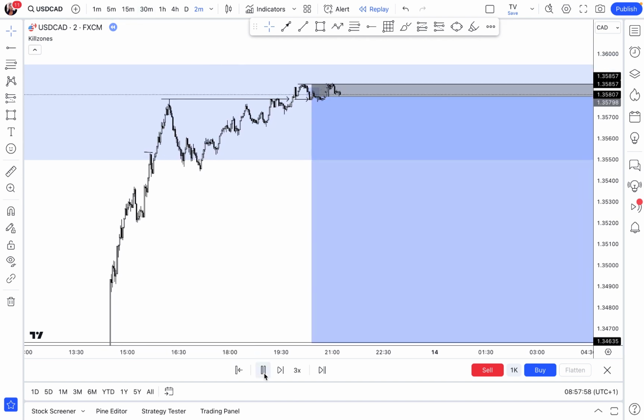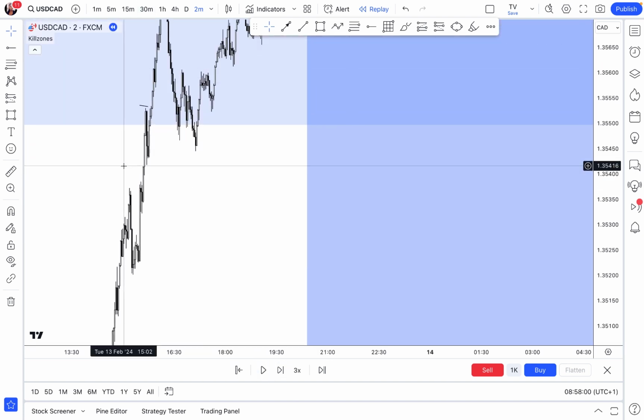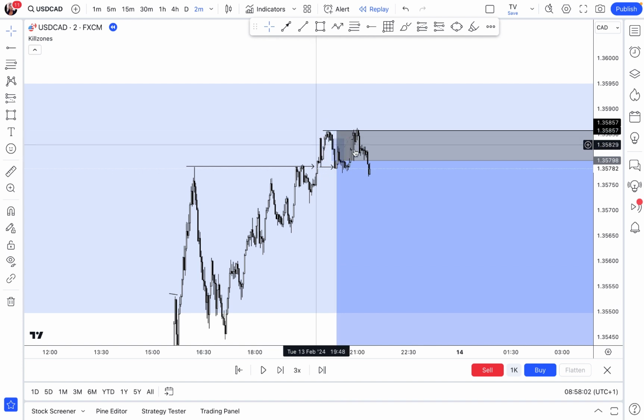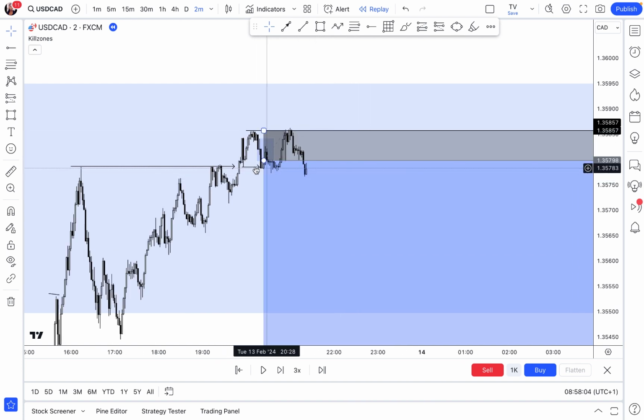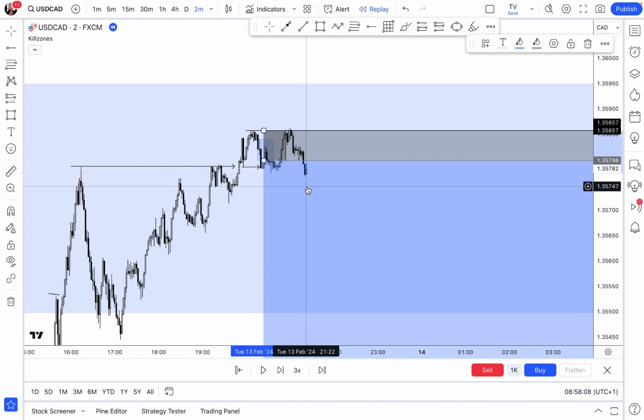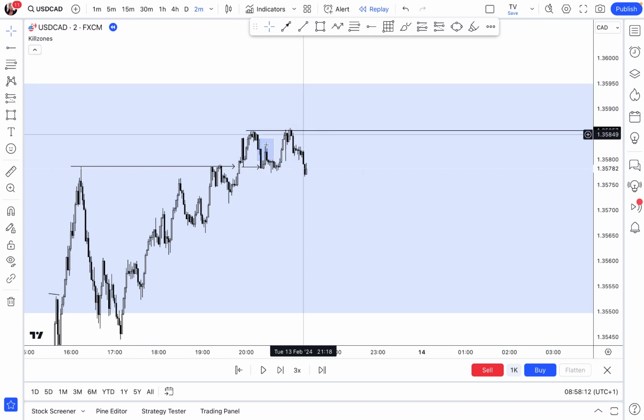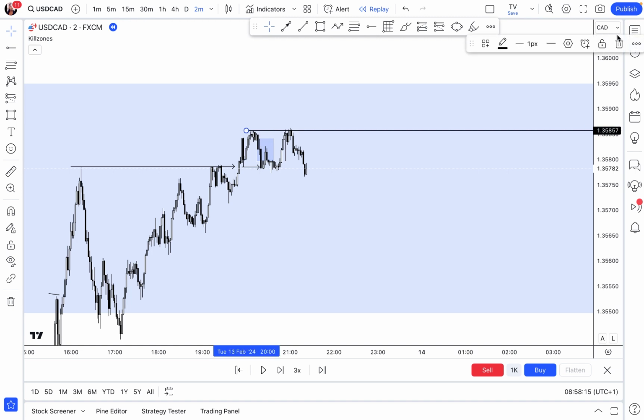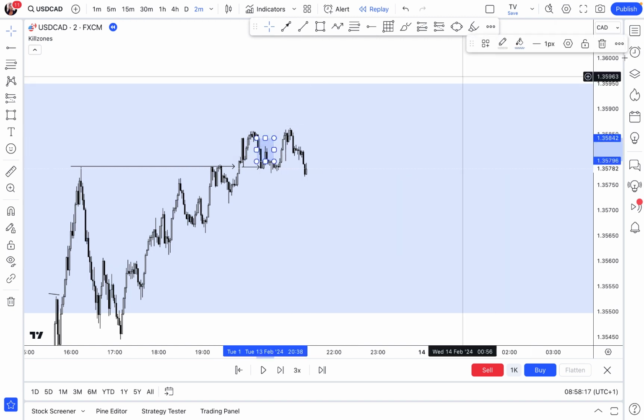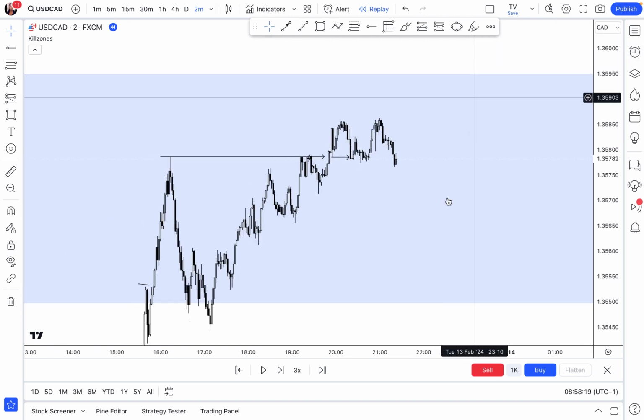Okay, so now you can see that even when our analysis was correct, price took us out of this trade. So with this now, we have 1% out there. Okay, so I'm showing you this example because